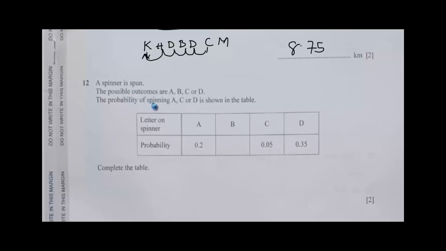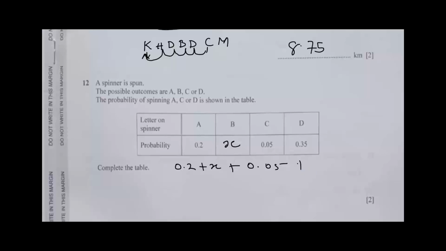Question 12. A spinner is spun. The possible outcomes are A, B, C, or D. The probability of spinning A, C, or D is shown in the table. Complete the table. So let's denote the probability of B by X. So we know that all the probabilities add up to 1. That means we can say 0.2 add X, add